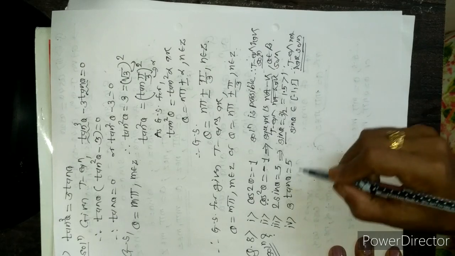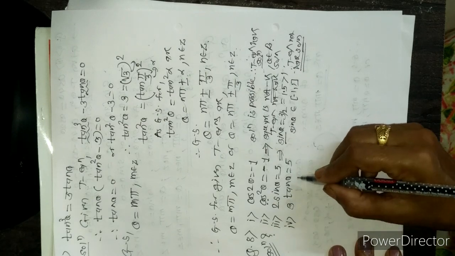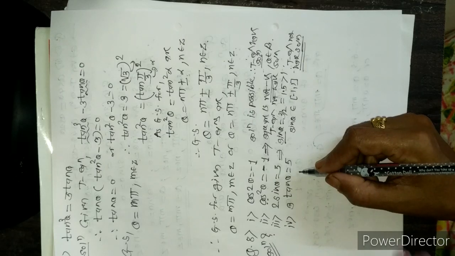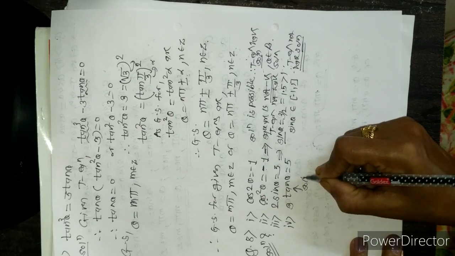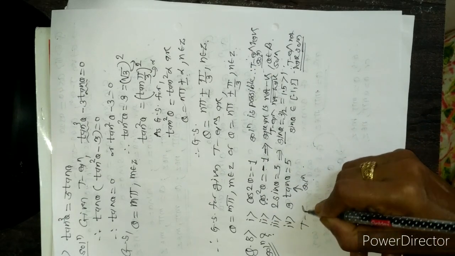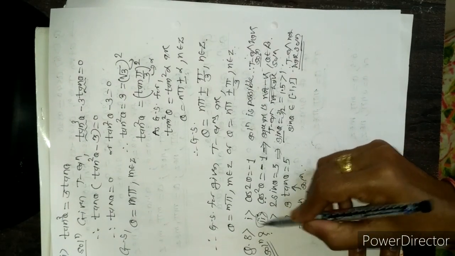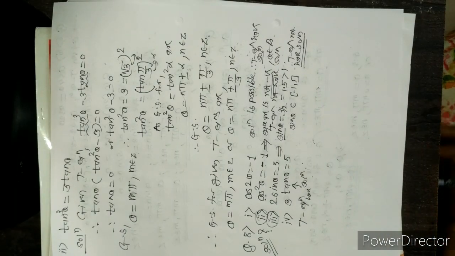Now for the last equation, which is easy, tan theta equal to 5 by 3. This is a general case; the range of the tangent function is all real values, so tan theta can be greater than 1, and therefore this equation has a solution. So the second and third equations cannot have a solution, because from the second a square is never negative, and from the third the value of the sine function is not greater than 1.